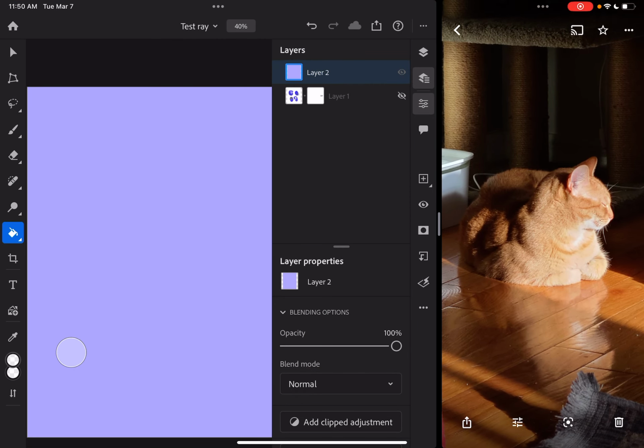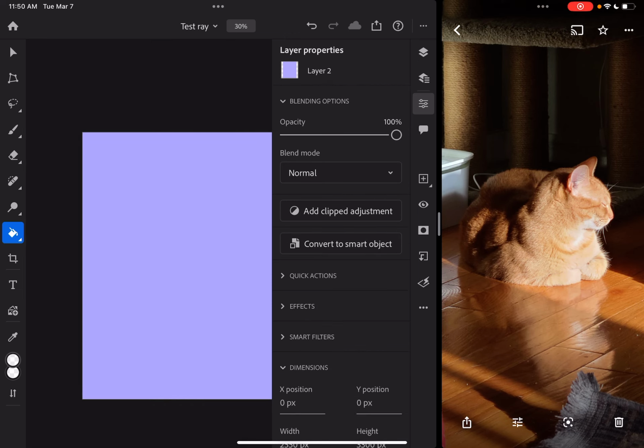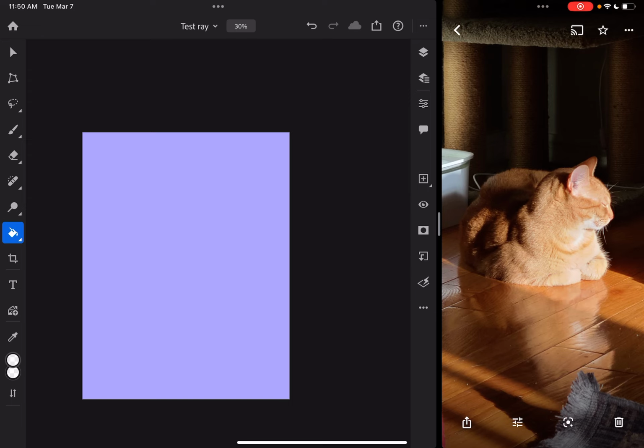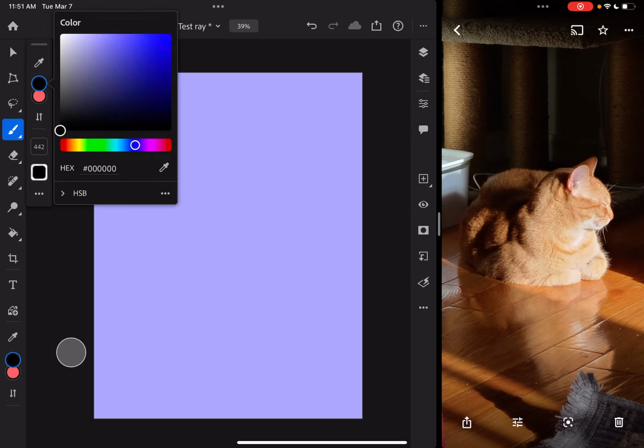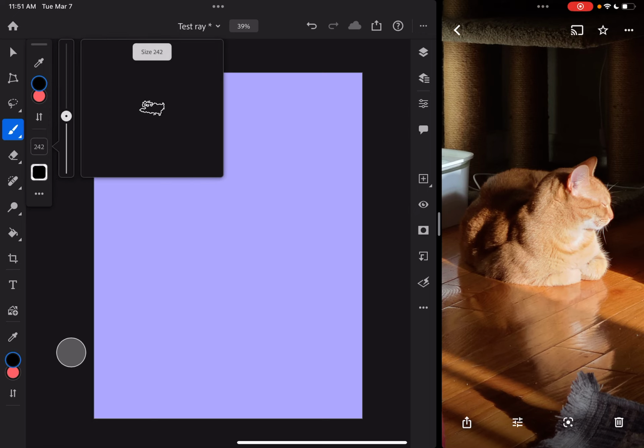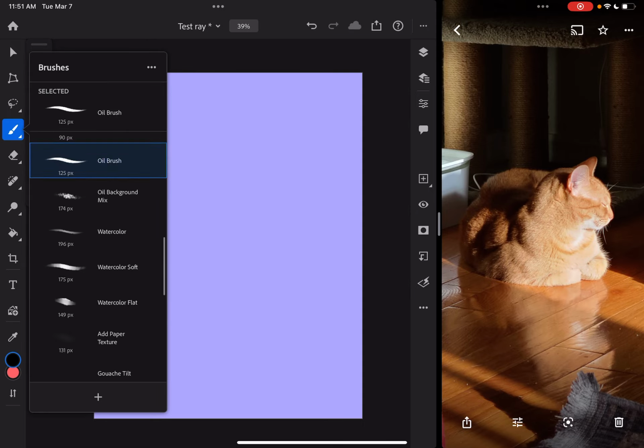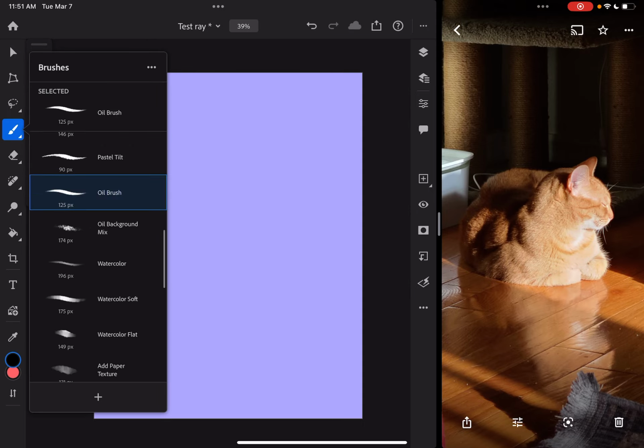Kitty cat. Meow. All right, so I've got my new layer here. I've got all this set up. What do I want to do to start? I'm going to start really the same way that I started with the Procreate one. I'm going to start with my sketch. So I'm going to pull a good color for sketching. I'm going to lower my brush size, and I'm going to pick a